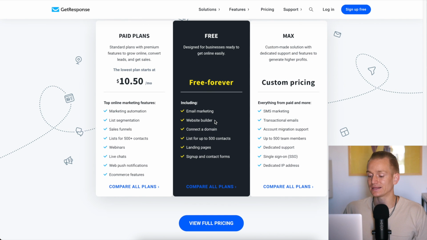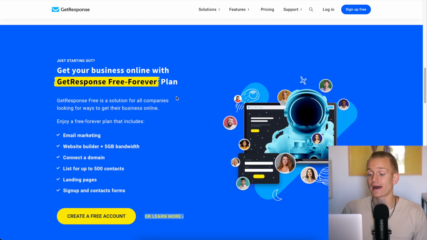One thing I will say that I already can see that they do have quite a few limitations. You're not going to be able to do certain things. Some of the things that they mentioned, you're not going to be able to do those on the free plan. And with MailerLite, actually, you're pretty much able to do all of the advanced functions even on the completely free plan, which is just mind-blowing. But if you want to try out GetResponse, I guess the free plan might be pretty good.